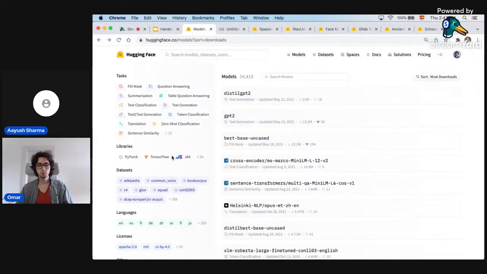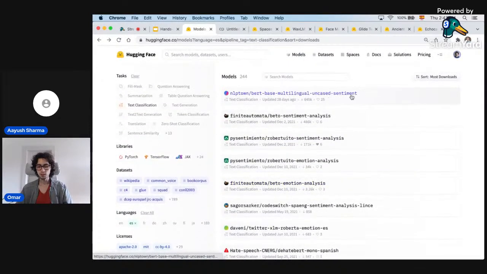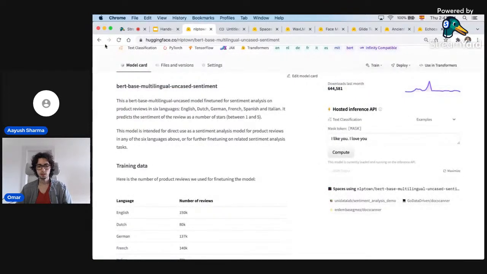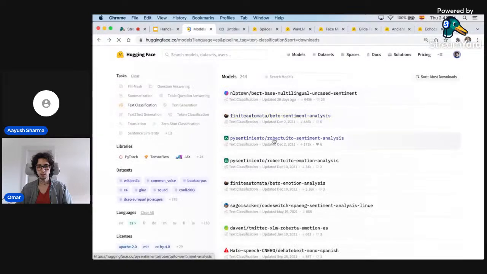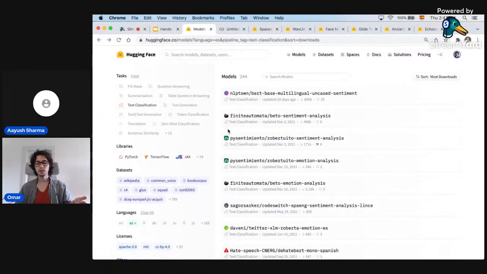So for example, let's say that I would be interested in text classification in Spanish. You can also click here. We have support for over 180 languages. I can click on Spanish, and you'll find that there are a couple of models right here. Something that is cool is that you can see how many downloads these models have, and how many likes the models have. So I can go to this model, or let me go to, I think this one is quite good. And you can try it out directly in the browser. It's very nice because you can just go out there and find any of the models shared by the community.